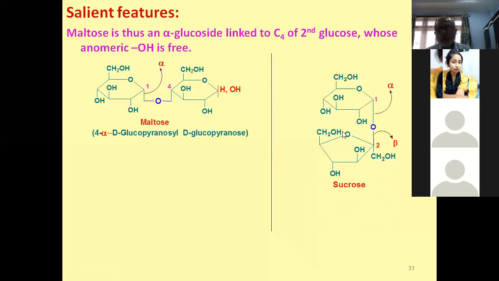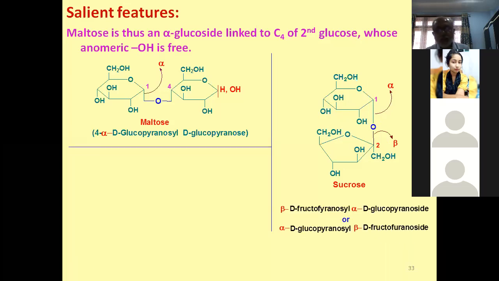But when we come to sucrose, sucrose is this one. This is glucose. C1 of this glucose is linked to C2 of fructose. C1 of glucose is through an alpha glycosidic linkage, and C2 of fructose through a beta glycosidic linkage. So here both the anomeric OH groups are blocked. So no anomeric OH group is free. So it cannot have its open chain form, that is, no aldehydic or ketonic group is available. As a result, this is going to be non-reducing, and other relevant properties will follow. Okay, we'll come to this name also later on.